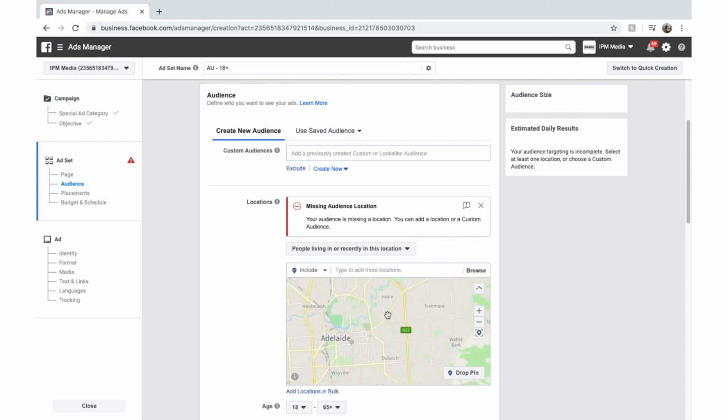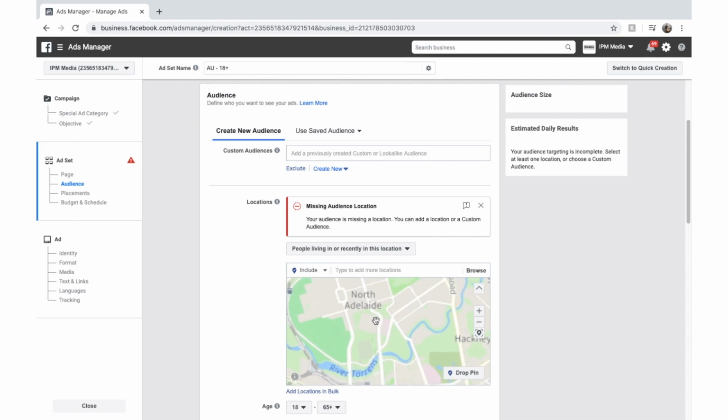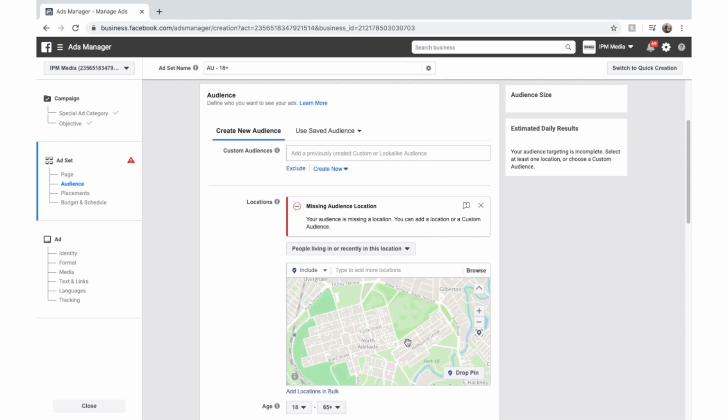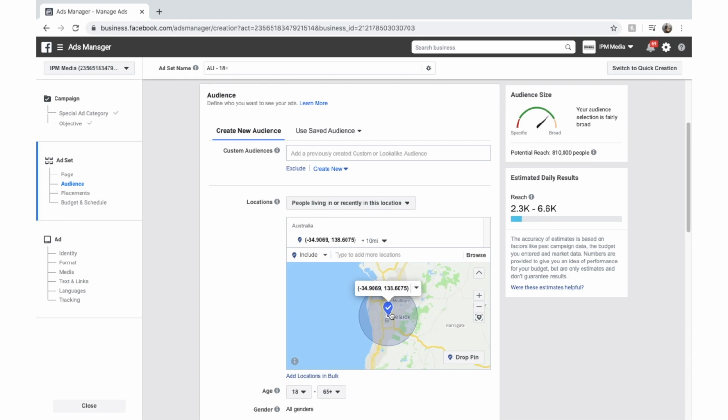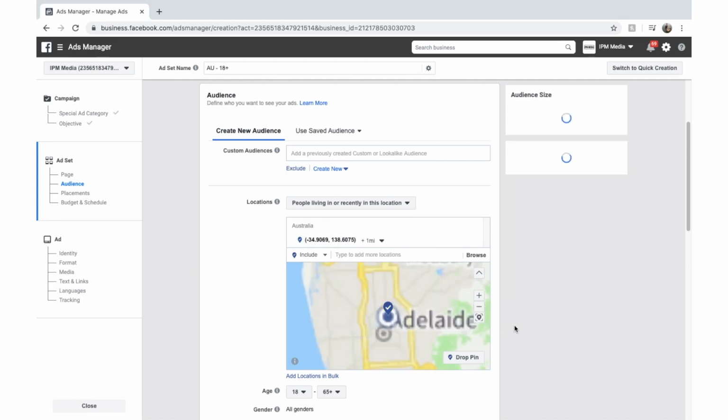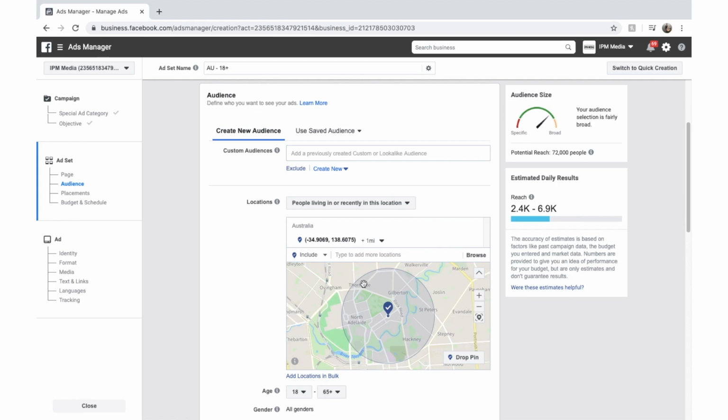Say you had a store in North Adelaide here and it was located on Melbourne Street. You would want to drop your pin on your store, and then Facebook generates a circumference radius around this, and these are the people you can target. So we're going to make this smaller. Let's make it 1 mile around our store, and you can see that we're targeting people inside 1 mile radius